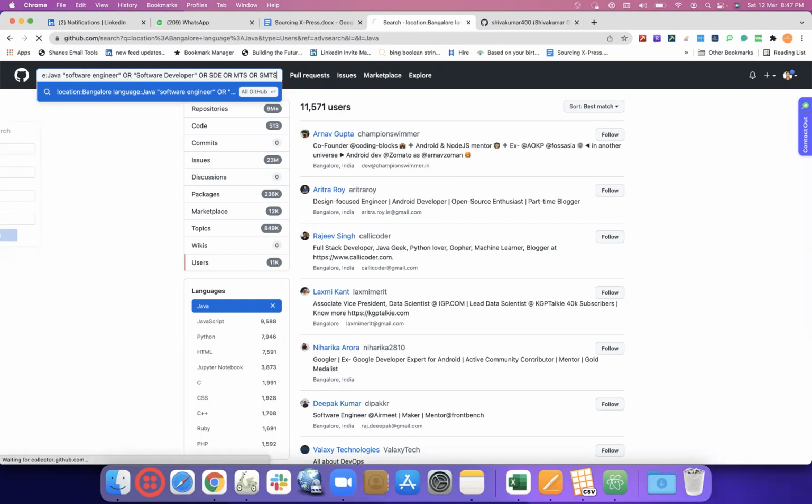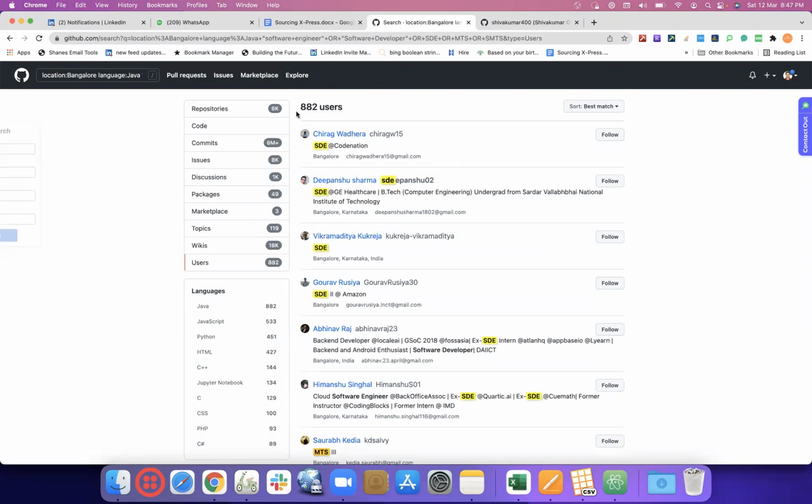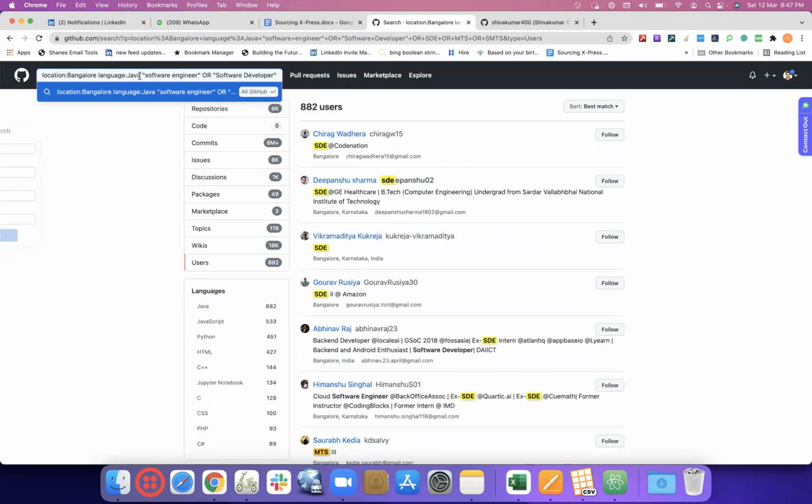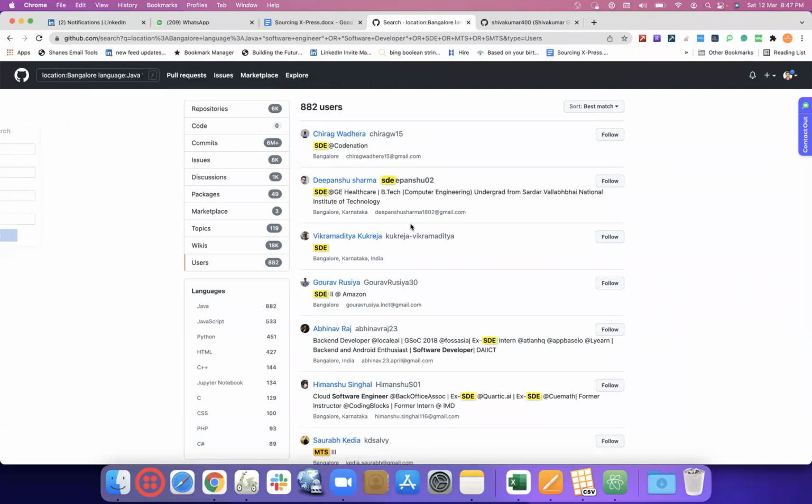That's fine. So we got 882 results. Whatever we are mentioning here, software engineer, software developer, SDE, MTS or SMTS, is not necessarily only in the bio.